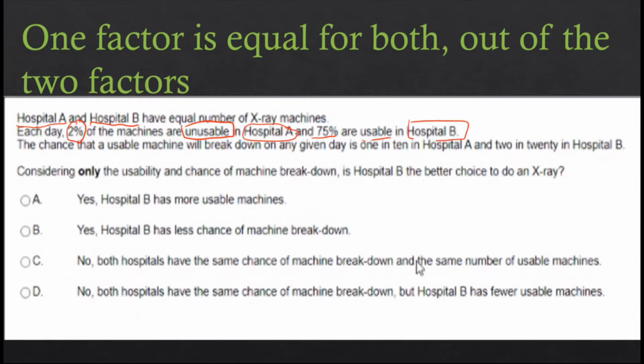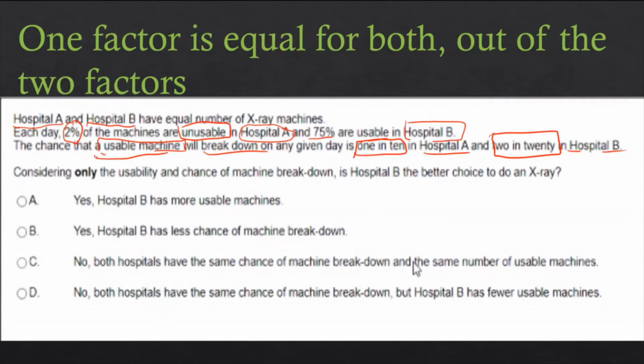And then if we look at the other factor, it says the chance that a usable machine will break down on any given day is 1 in 10 for hospital A and 2 in 20 in hospital B. So by just looking at the factor, I know that 1 in 10 in hospital A is equal to 2 in 20 in hospital B. So from looking at this, I know they will have an equal chance of breaking down. So it won't be the fact that one is more likely to break down than the other that will give us the correct answer. So I can rule this one out, and I can look at the other option, which will be